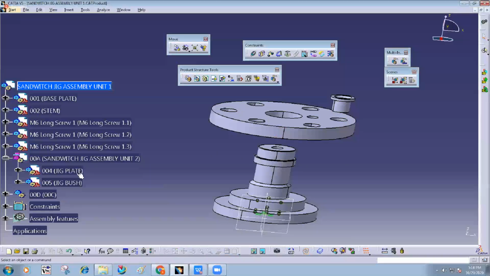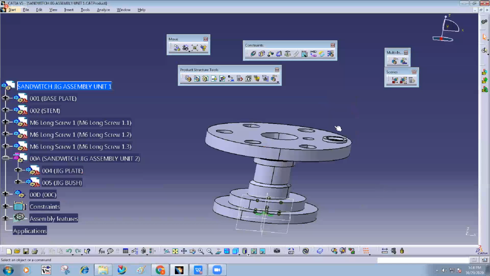Okay, so I don't need flexible right now. I press Ctrl Z. So when you want to move subassembly parts separately, independently, make them flexible and move them. Otherwise, it will be considered a rigid subassembly, and both will be moved at a time, all at a time. Clear? So here is that button.